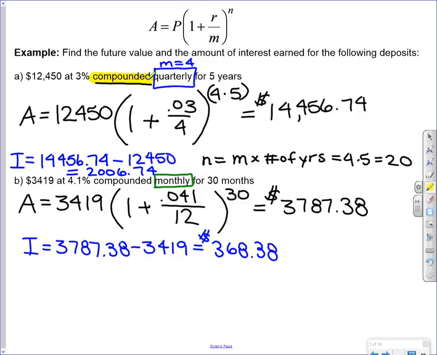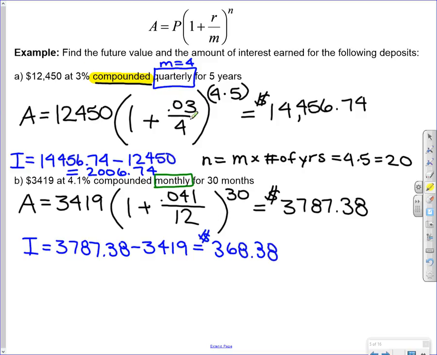If it was simple interest, it would just say $12,450 at 3% for 5 years. There would be no compounding mentioned. But this says that it's compounded quarterly for 5 years. So our principal, of course, is the 12,450, then times 1 plus the rate, 3%, so it would become